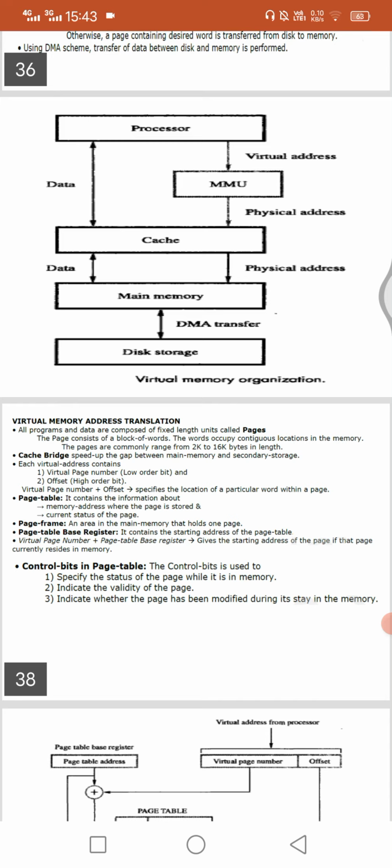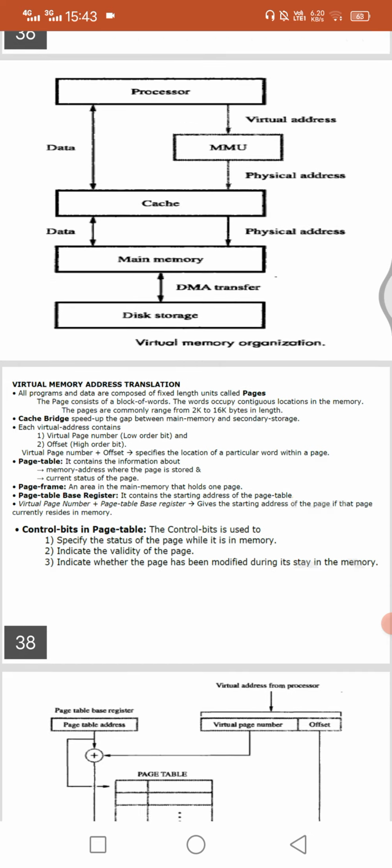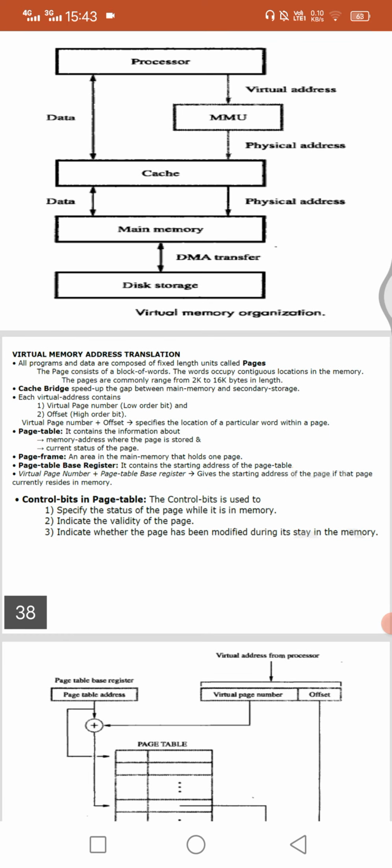A page commonly ranges from 2K to 16K bytes in length. So that page contains a block of words. Cache bridges the speed gap between main memory and secondary memory.